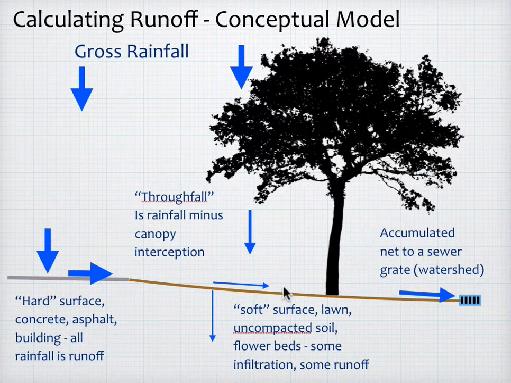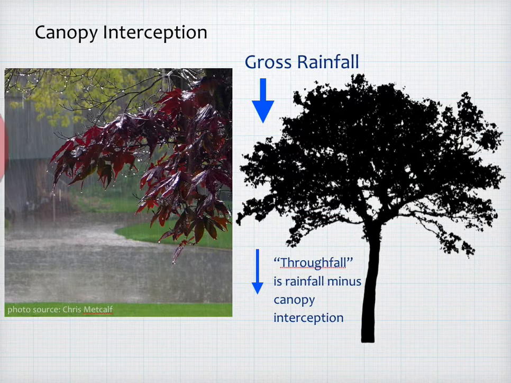And again, it could be zero that runs off if the rainfall is less than the absorptive capacity of the soil surface. So we have this gross rainfall minus canopy interception gives us throughfall minus whatever gets absorbed between where it hits and this accumulation point. In this case, a sewer grate, which we'll call a pour point or a watershed outlet, is the total over an area. So gross rainfall, canopy interception, throughfall, a certain amount lands on the leaves and is stuck on the